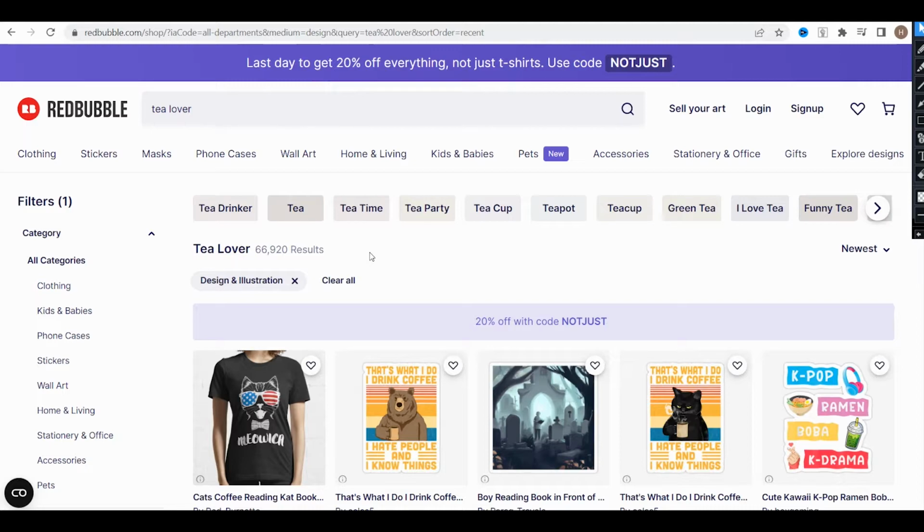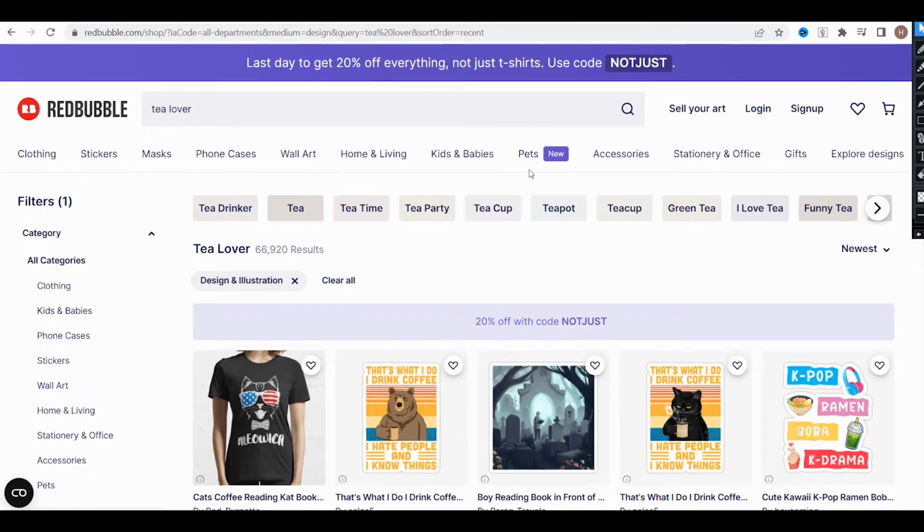Okay, let's go to the second main problem, and it's quite the opposite of the first one. It's the creation of designs for niches that almost don't have search volume. For example, we can illustrate something for a very niche hobby that isn't really popular, especially hobbies that are not popular on print-on-demand platforms.